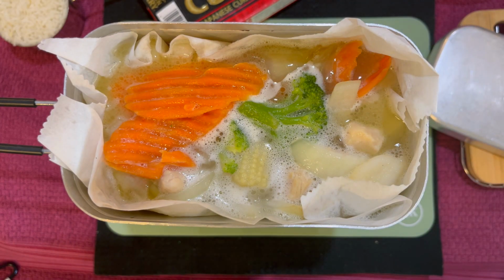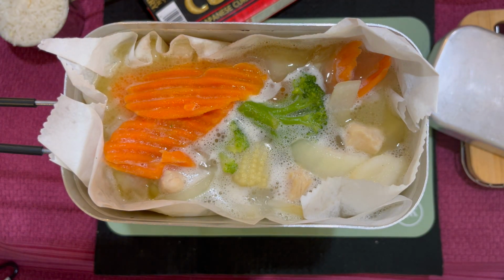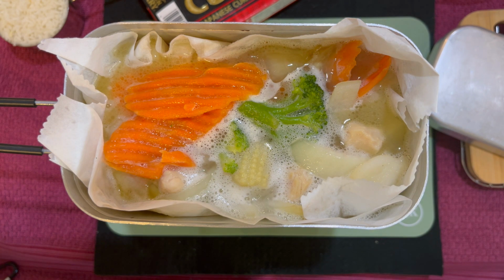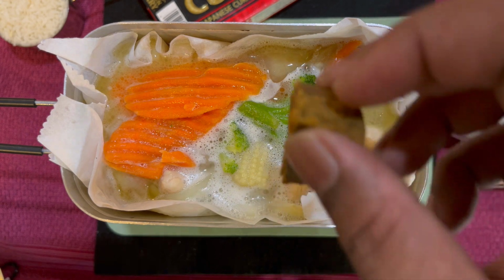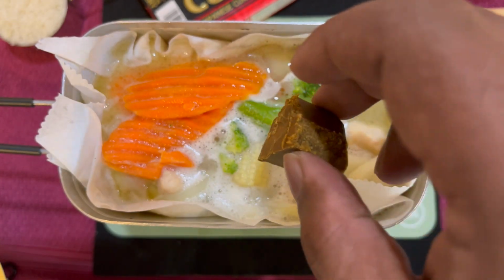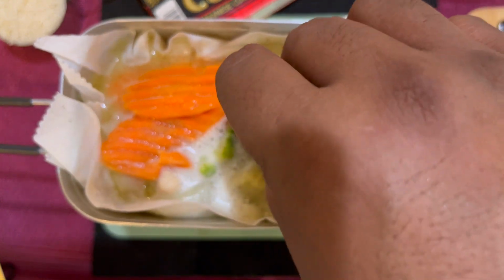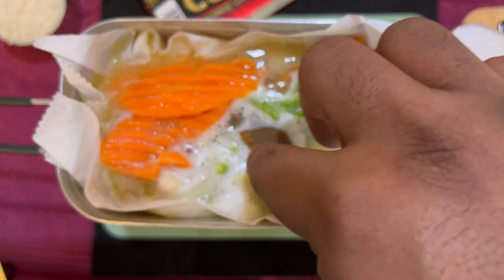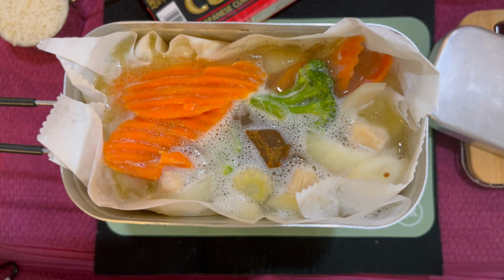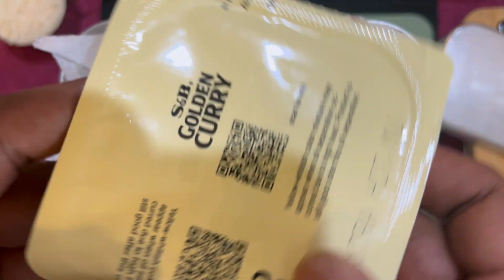So it has come to a boil, not a heavy boil, but just in the first stage. So I'm just gonna go ahead and add the small piece of roux, because I'm only making really one serving, 1.5 serving. So the whole block right here,